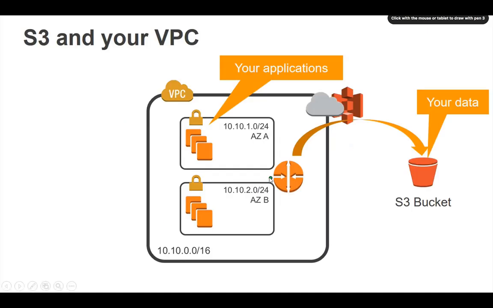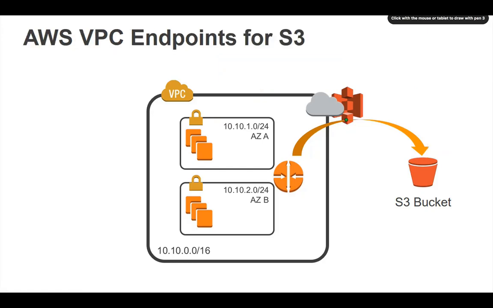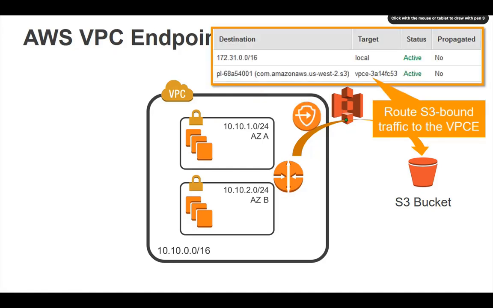So normally you would send your traffic to S3, and we'll talk about S3 later on, but we would send traffic over to S3 and maybe store your items in here, and you can go across a specific VPC endpoint, and that means that you don't have to go via the public internet. How do you set that up? Well, you define this VPC endpoint here, as you can see, VPC endpoint, in your routing table